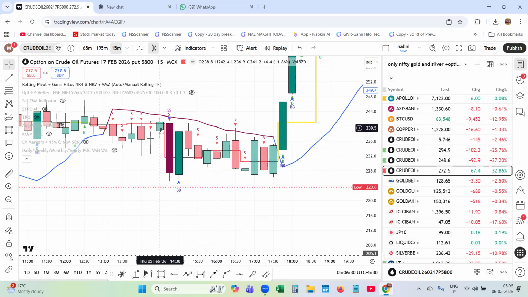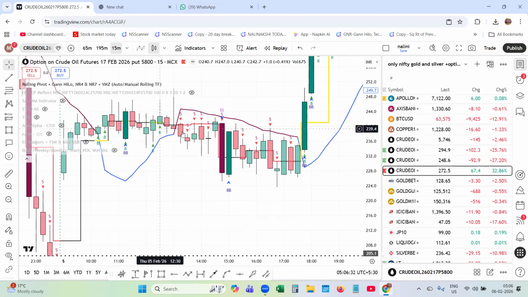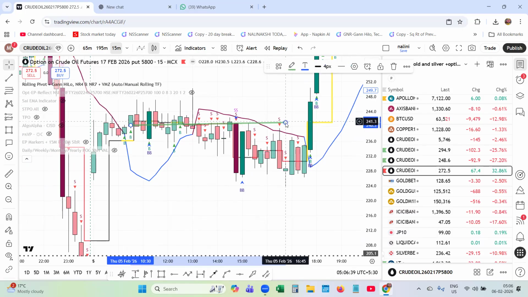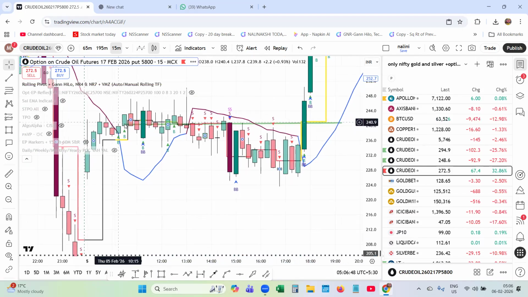Here you see this is the rolling pivot balance area. Balance area is like a POC, point of control. This also. So if you start seeing this,